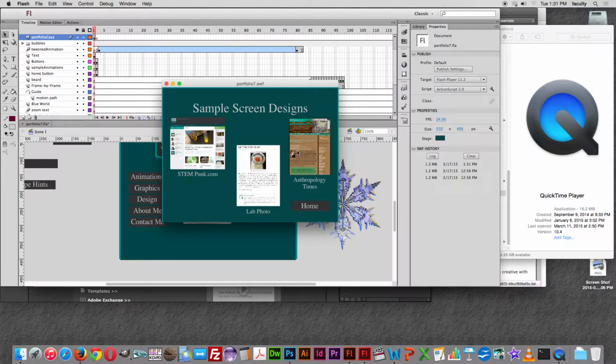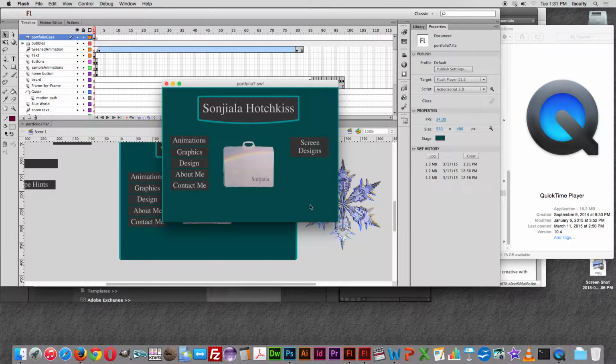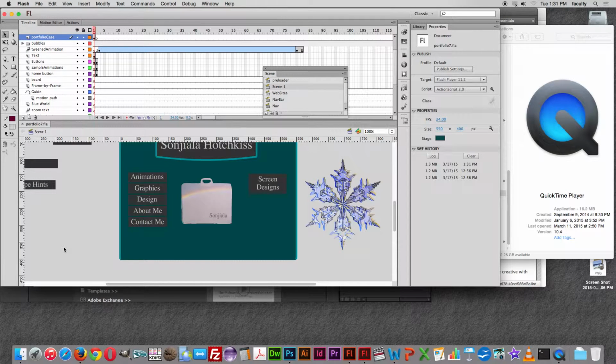When you go to hit screen design, again, these are just screenshots of 3 different websites, as you can see on there. And that's really what you have to do for this chapter, for the most part. And that's it. Home button, bringing it back to the home page. And that is all. Now, in terms of your paper,